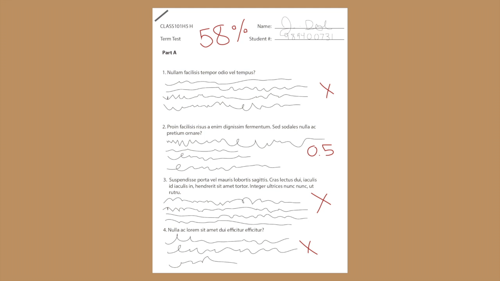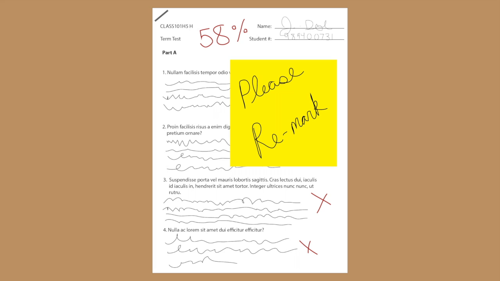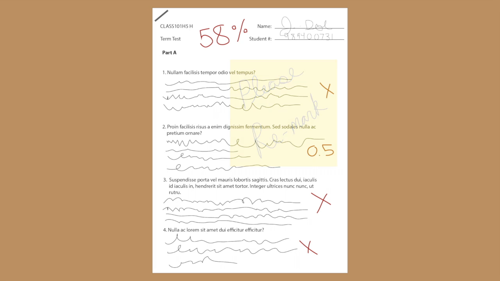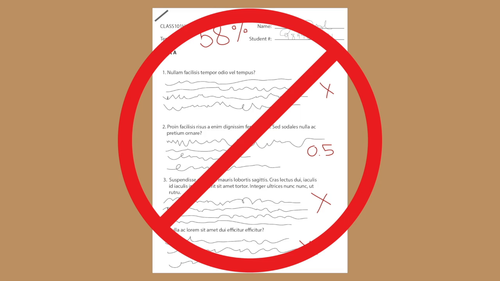Your instructor has handed you back a test and you didn't get the mark that you wanted. You panic and decide to erase and change some of the answers on the test and submit it to be remarked. You cannot alter any of your answers on a test after it's been graded and returned to you. Altering your answers is considered to be a form of fraud in order to obtain an academic advantage by trying